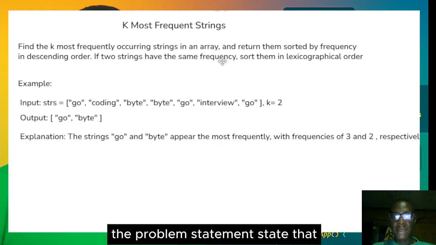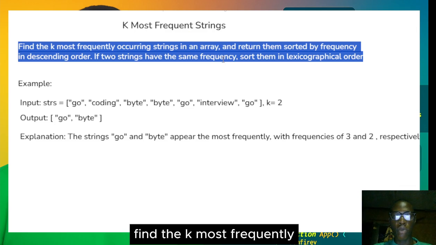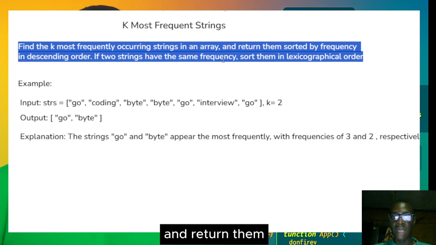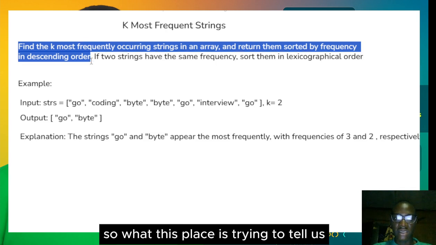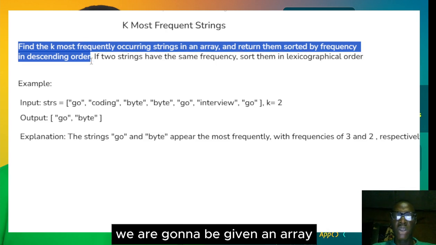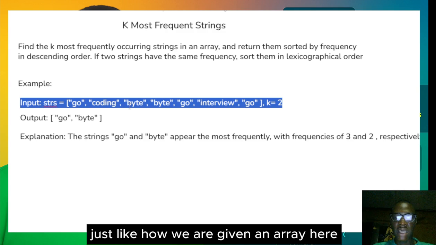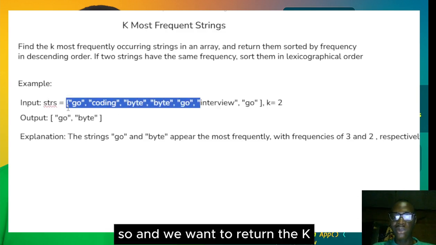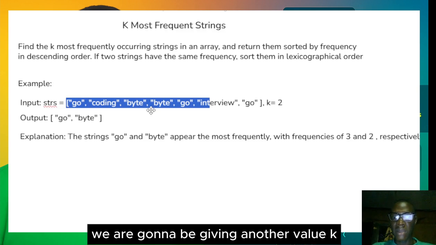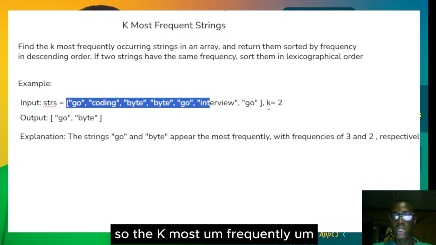The problem statement states: find the k most frequently occurring strings in an array and return them sorted by frequency in descending order. So what this is trying to tell us up to this point is that we are going to be given an array, just like how we are given an array here, and we are going to be given another value k. So the k most